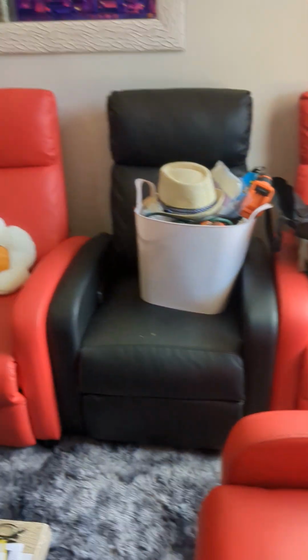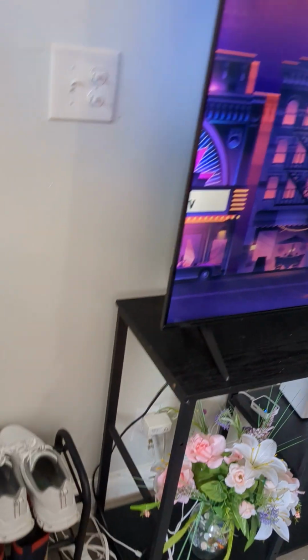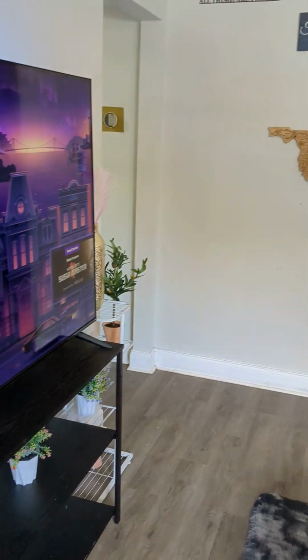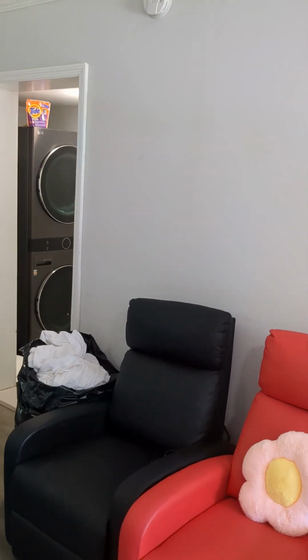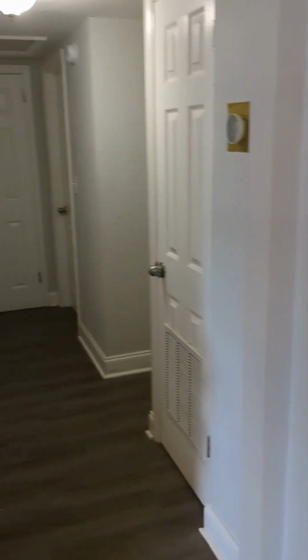Living room area. This is currently, by the way, furnished, and it's going furnished if that's what you want. So anything that's in the home currently would be available or would be included in any kind of a property transfer. So living room right off of the front door. Walls are painted a nice neutral gray color. Looks like we've got a hallway down here with the bedrooms, and then the kitchen, and then